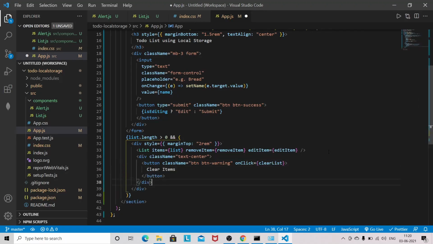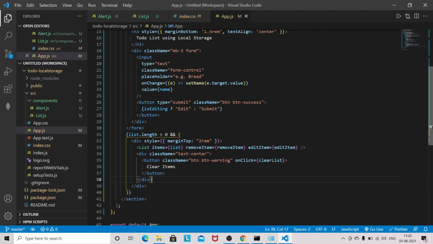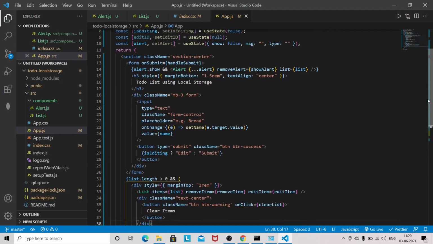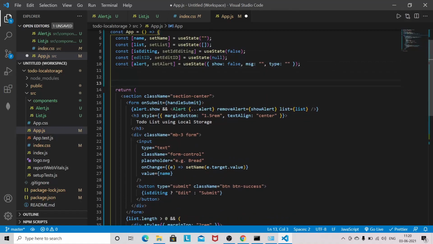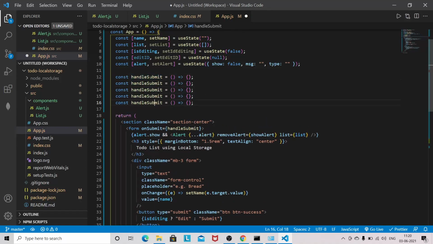So we have completed this one. Now we'll just be creating those functions: handleSubmit, showAlert. So first we'll create all of these to remove the error first of all. So handleSubmit. Then we have, one second, I will copy a couple of times.